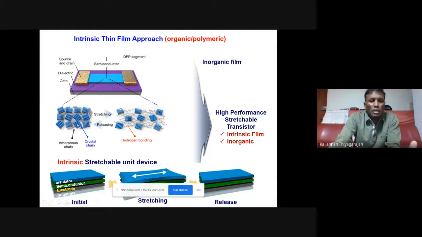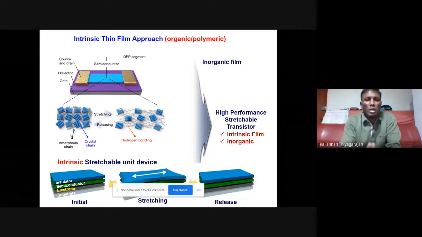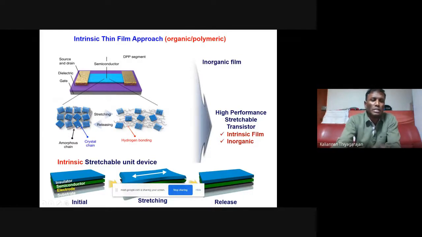Then it is a kind of island-like structure, but polymers are already semi-stretchable, so they are not fully stretchable. Here this polymer has the advantage of this structure. There is an amorphous region and a crystalline region. When you stretch it, the amorphous region will be stretched. The crystalline region won't stretch,